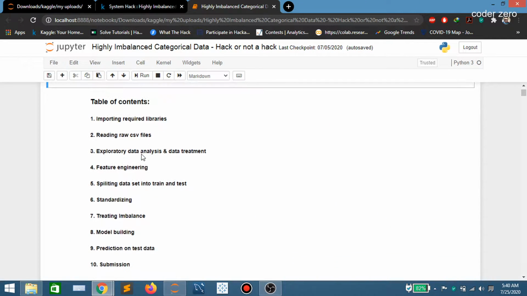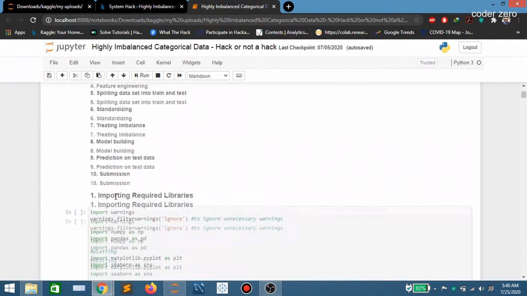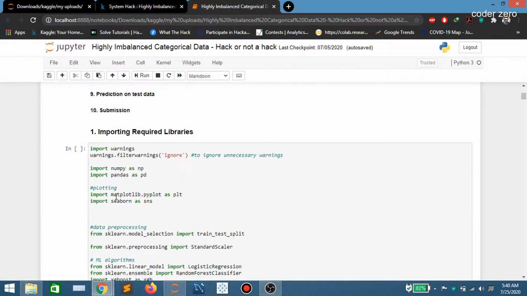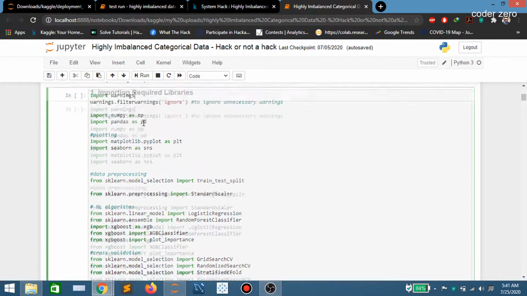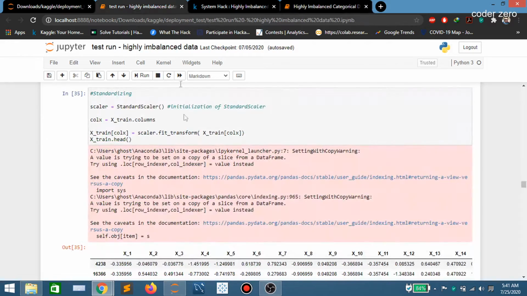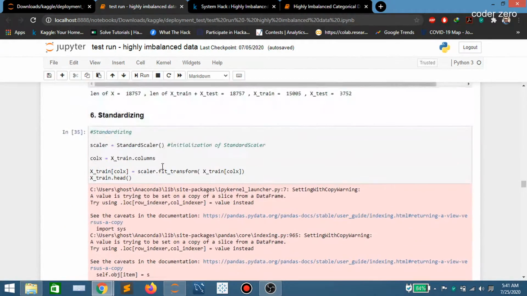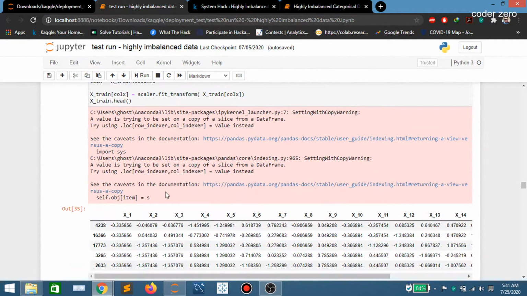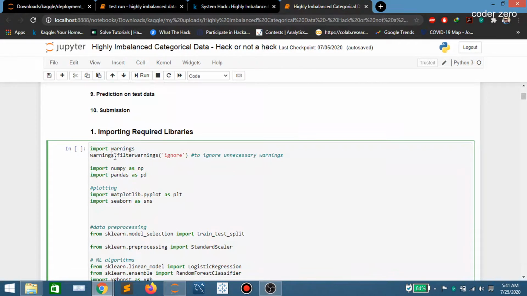Here we'll be going through each and every step one by one. First of all, let's import all required libraries. I'm importing warnings, because if you don't do this, you'll get warnings like this while working on this dataset or any dataset. If you don't want these warnings, import warnings, then set warnings.filterwarnings to ignore.